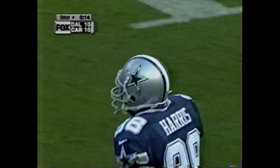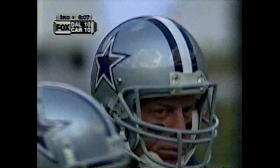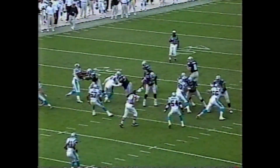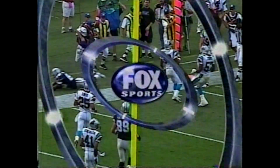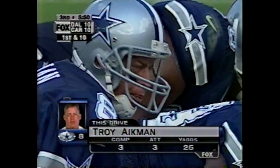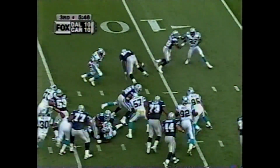You know, what we're seeing in the passing game is Troy Aikman looking for alternatives, because he doesn't have Rocket right now. Rocket hobbled off, and so his wide receivers are even less likely to get open, Rocket being the best one they have. And when you do that, you've got other options, and Jackie Harris has proven to be the best other option Troy Aikman's got. Harris came into this game as the leading receiver for the Cowboys. Without Ismail, 2 tight ends, only 1 wide receiver on 1st and 10,